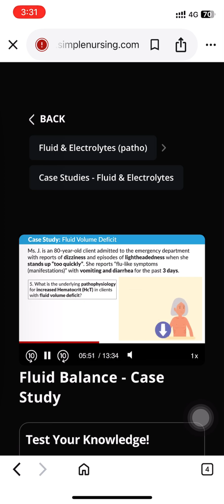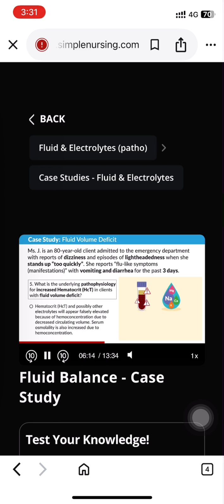All right, let's answer this question. So hopefully, before answering, you remembered hemoconcentration is an indication of dehydration. Remember, that blood is very concentrated. Basically, the blood is turned to mud, that thick blood, because when the body is dry, well, the labs appear high. So the correct answer: hematocrit and possibly other electrolytes will appear falsely elevated because of hemoconcentration due to the